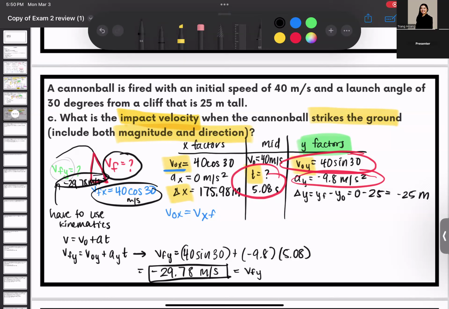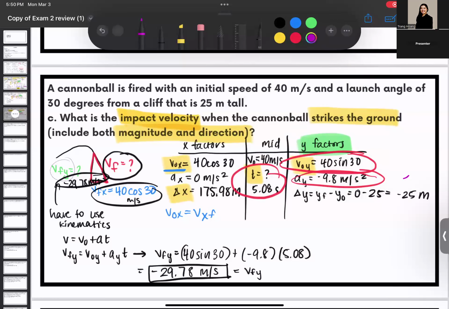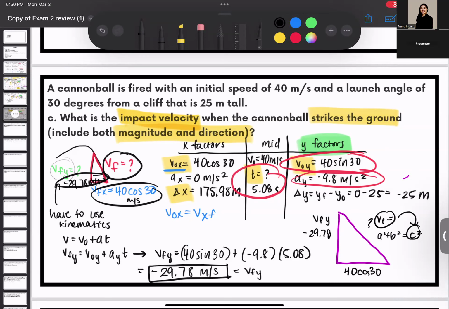So now think about that triangle that we keep talking about over and over again. When we think about this triangle, we need to find this side right here, our V final. We already have a lot of what we need: our V final Y, which we know is negative 29.78, and our X right here, which we know is 40 cosine 30, whatever that is. And so all we've got to do is the Pythagorean theorem, which states a squared plus b squared is equal to c squared, where c squared is our long side right here. So if you put that all in,